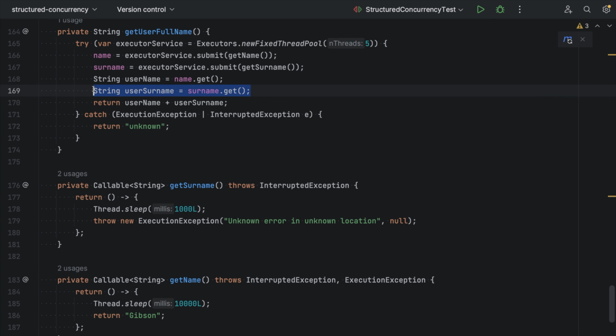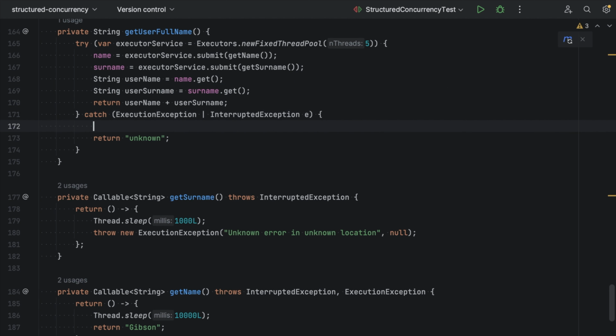There might be a situation when the result of both subtasks is very important for us. But with executor service, when the second task fails, it will still wait for the first one to finish the job. As a workaround, we might use a catch structure to cancel all subtasks when one of them fails. Or use structured concurrency instead.